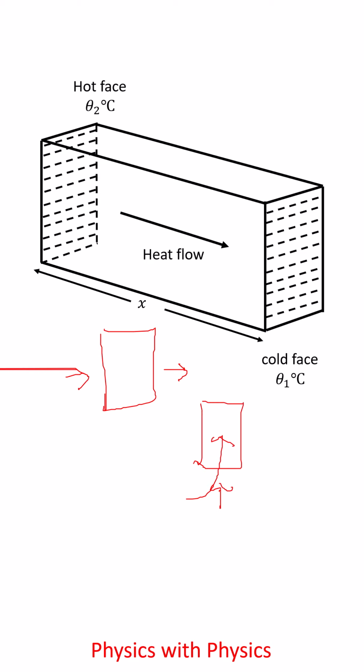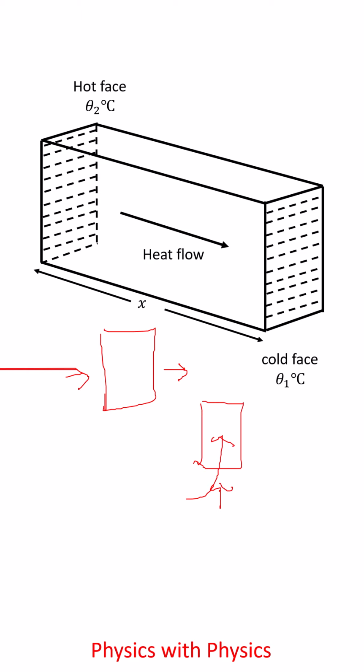We have a material slab whose one side temperature is theta 2 and another side temperature is theta 1 here. When this is heated, heat energy transfers from higher temperature to lower temperature, and here we have shown the direction of heat flow. The amount of heat energy flowing across the slab is Q, and this Q is directly proportional to the area of cross section of the slab. If the area of the slab is more, more heat energy transfers, and the temperature difference theta 2 minus theta 1, higher the temperature difference, higher the energy transfer, higher the time, higher the energy transfers, and this is